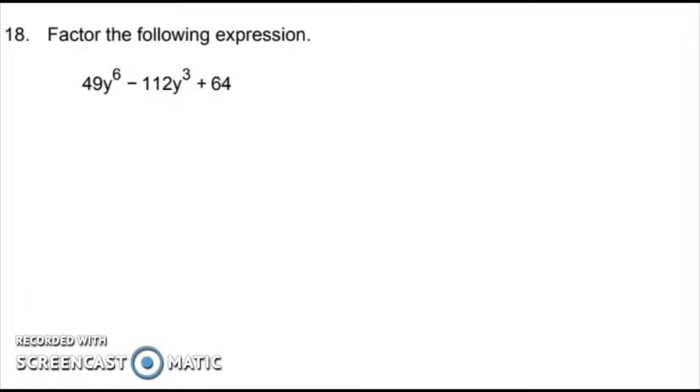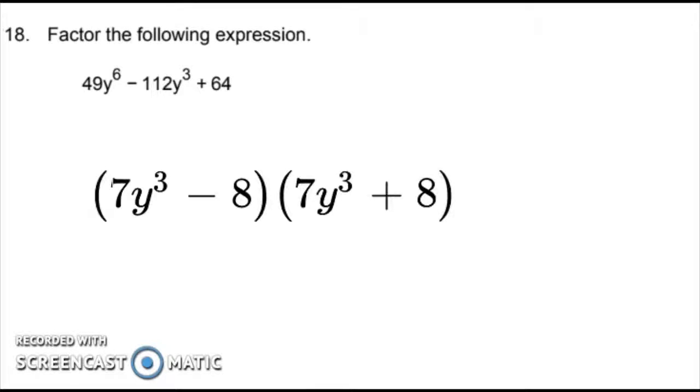Number 18, it says factor the following expression. So this is a perfect square trinomial because the first and last terms are perfect squares. So I take the square root of the first term, which is 7y to the third, and I take the square root of the last term. So square root of 64 is 8. But then I'll have 7y to the third minus 8 times 7y to the third plus 8 as my answer